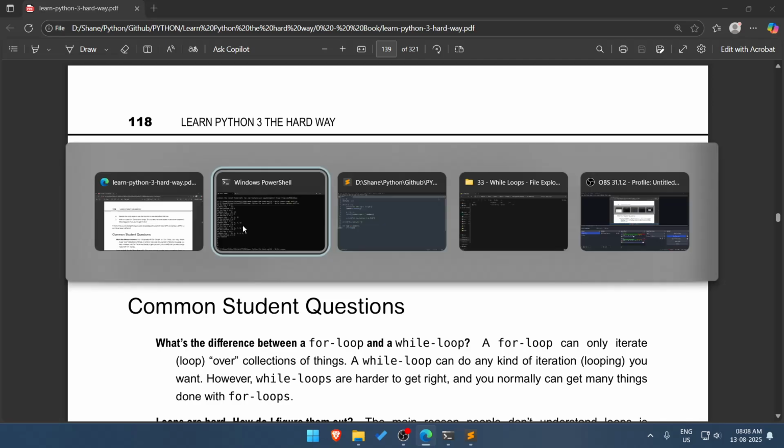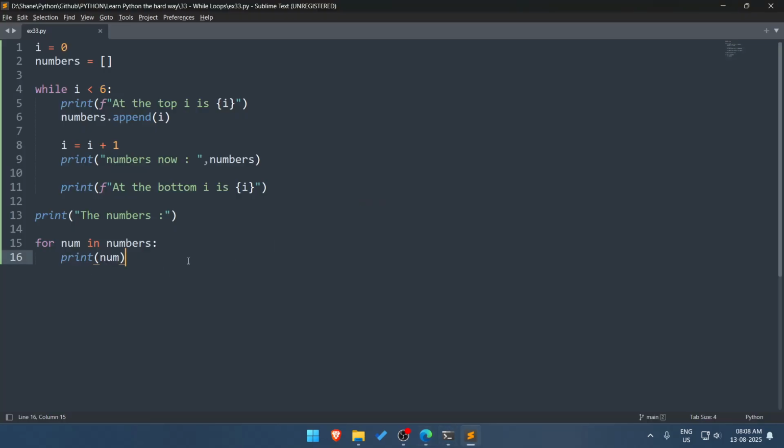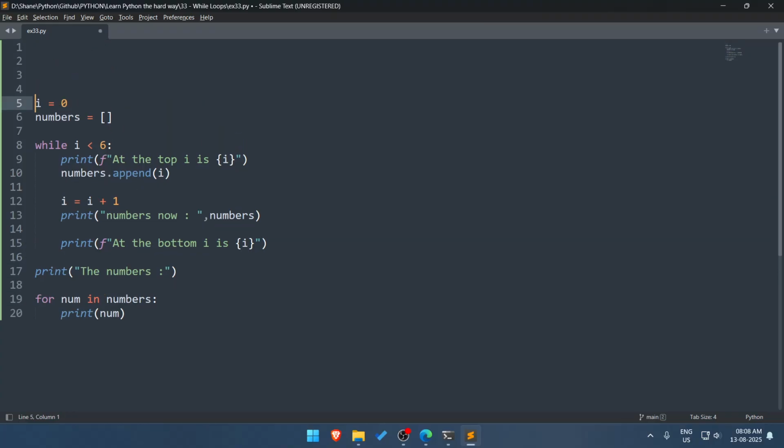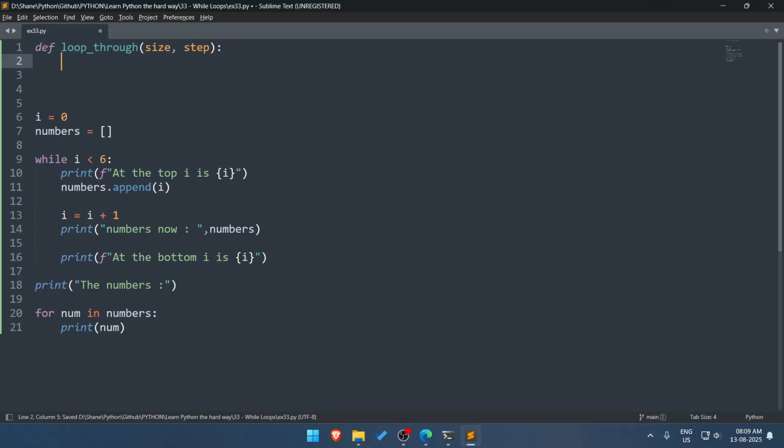Yeah, well, I can try this. Let's write a function. So above this, we loop through. We take in a variable, let's say size. Then we take in step, right?